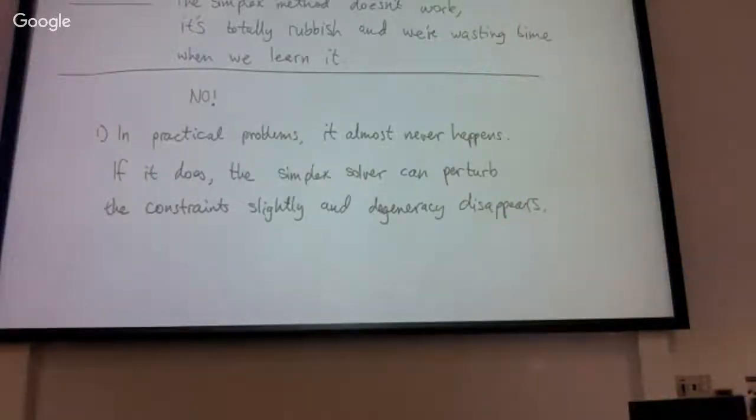Then when you get out of the cycling, which would cause the simplex method never to find the optimal solution, you can get back to the original values in the constraints, and everything works nicely. So that's the practical solution of this risk. And in theory,